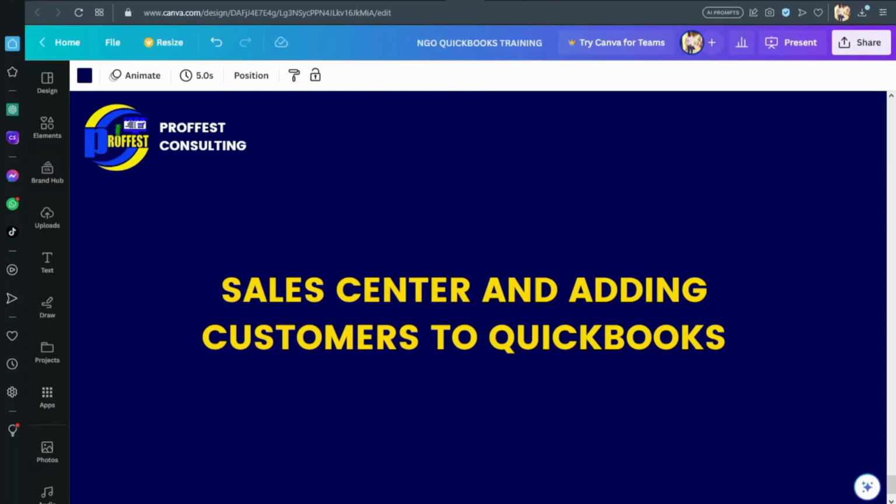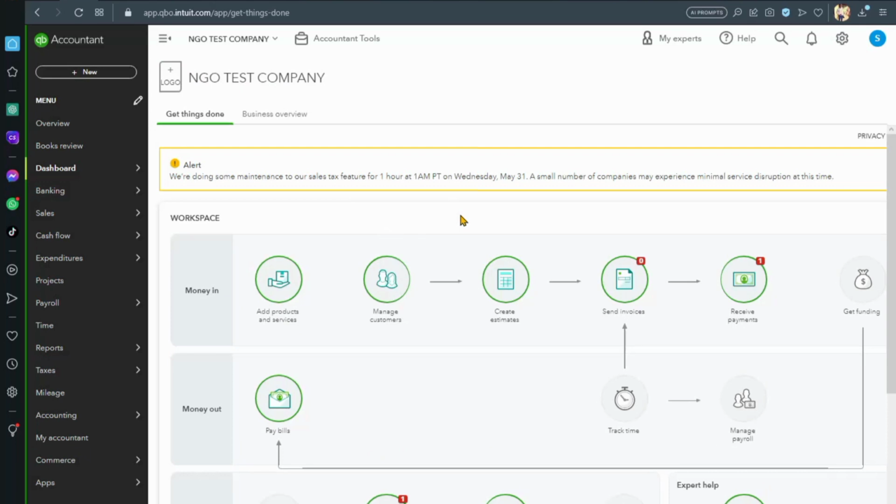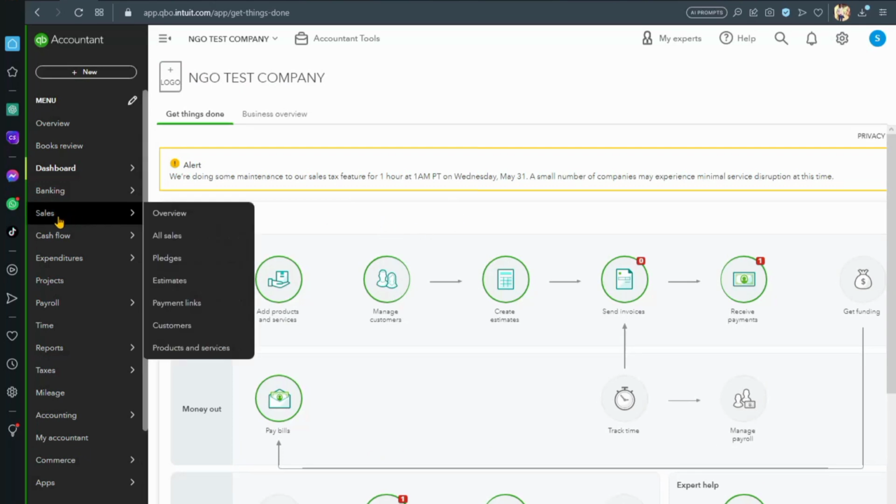Welcome. In this tutorial, we are going to study the sales center and see how to add new customers in QuickBooks Online for non-profits. So, in our QuickBooks account, for us to get to the sales center, we click on